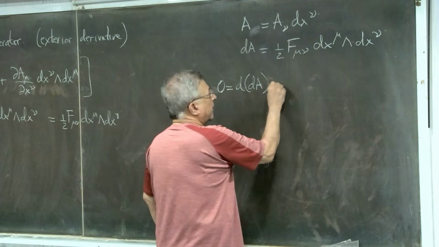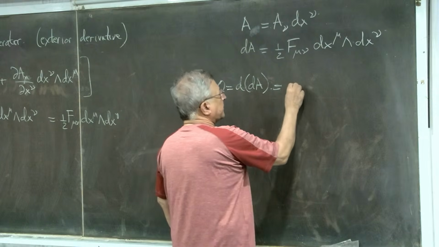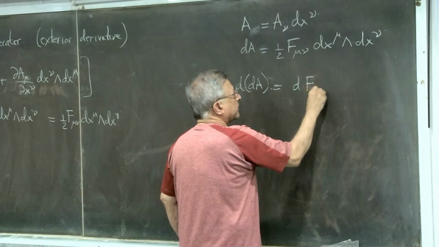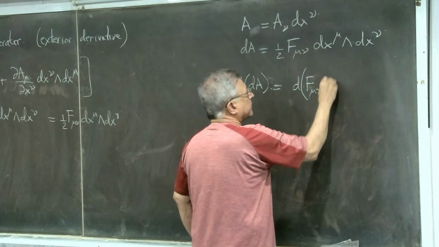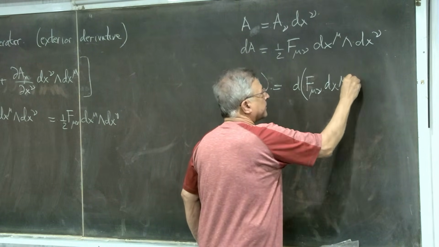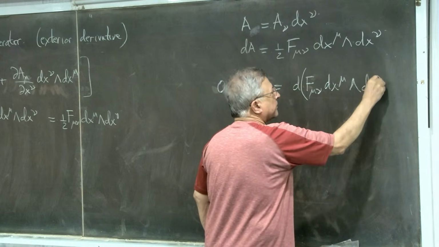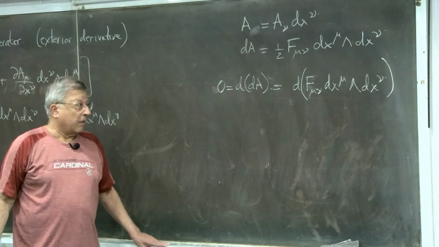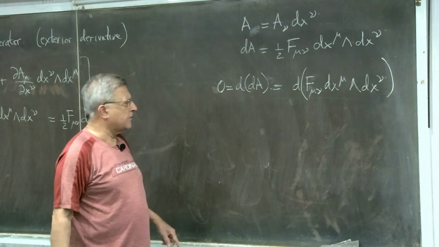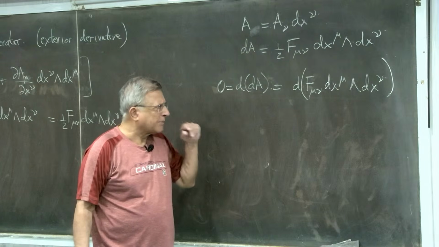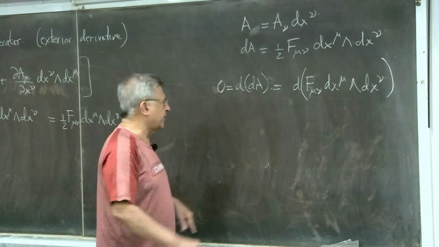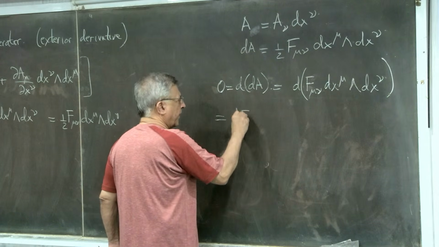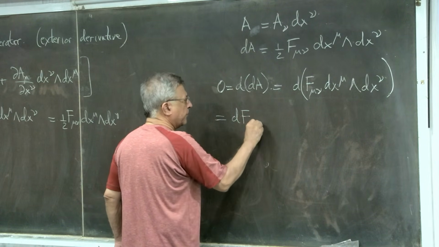So this says that d of... and what is this telling me? This says I have to have d of F mu nu